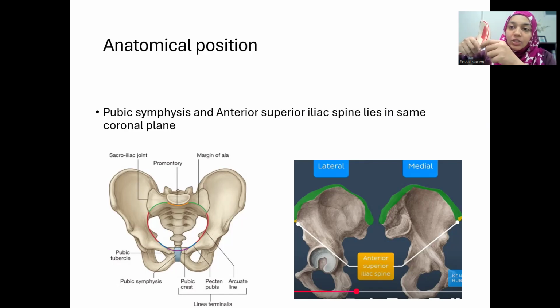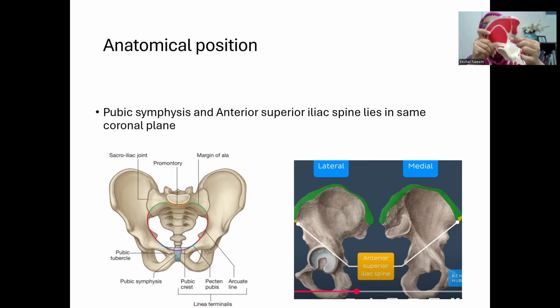Now, the anterior two-third curvature and the posterior one-third curvature together form a lot of origins and insertions that we will do on the next slides. So there's another spine now. This is the anterior superior iliac spine, and this is the anterior inferior iliac spine. The anterior superior iliac spine curves down. This is the anterior border also of the ilium. So it curves down to form the anterior inferior iliac spine. Okay, so this is the anterior border of the ilium.